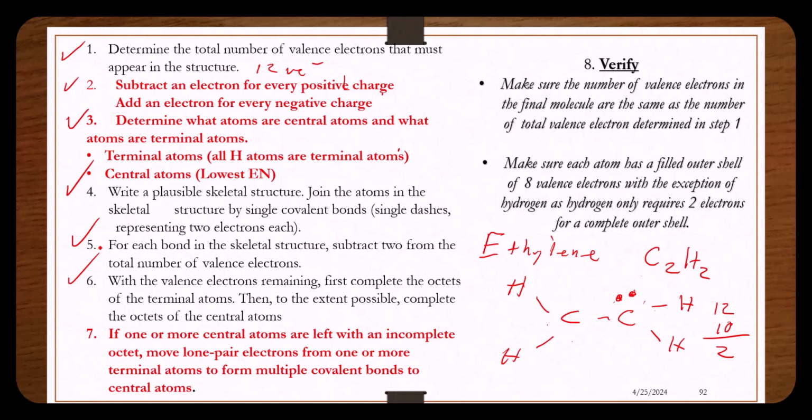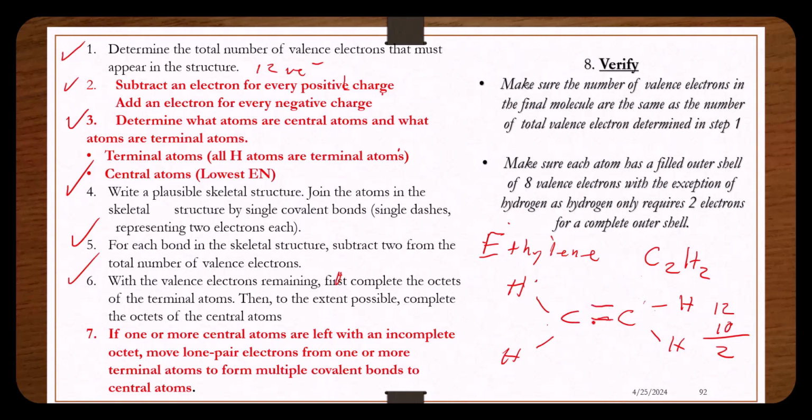Looking at step 7, if one or more central atoms are left incomplete in the octet, move the lone pair electrons from one or more terminal atoms to form multiple covalent bonds to the central atom. Since the terminal atoms, hydrogen, are complete, we start with the pair of electrons on the central atom, but we do the same thing. We can see this carbon has a complete octet. It has 2 lone pair electrons and 3 bonding pairs, but this carbon only has 3 bonding pairs. So we move the lone pairs from this carbon to form a double bond, which then gives us a structure